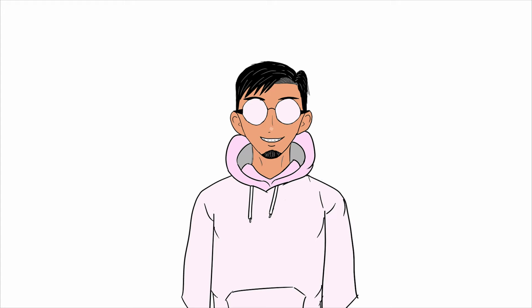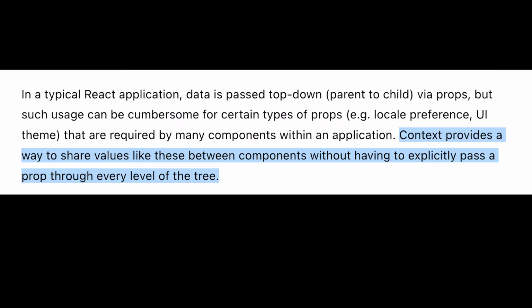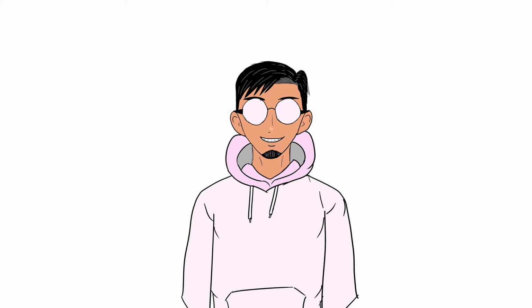So I looked into context in the React docs, and as quoted on there, it says context provides a way to share values like these between components without having to explicitly pass a prop through every level of the tree. So the information I needed to provide to the entire application was: number one, is the user authenticated, and who